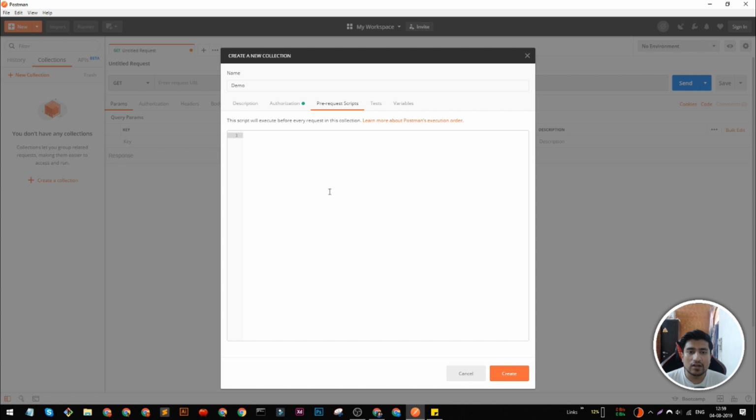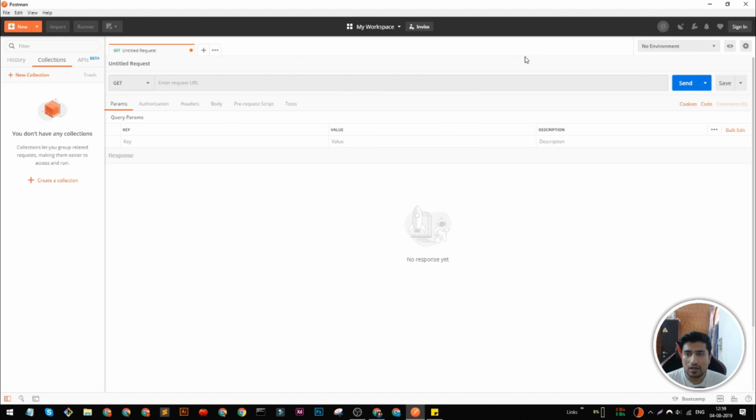Right now the scripts are in JavaScript, and the syntax they are following is mainly JavaScript, right? So you can create any variables you want to use in this collection, and after running this collection, you can run certain tests. For example, if I have created a collection that returns certain user IDs dynamically from the server, you can write test cases around that. I am getting the user ID and it's a valid user ID, right? And you can mention the variables also, what kind of variables this collection is going to use, right?